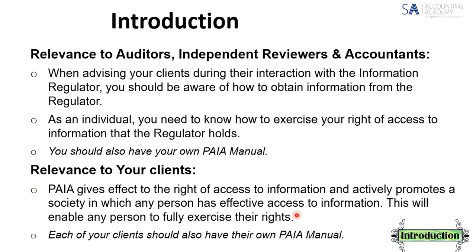So I think if they understand that there is one for the information regulator, they need to know that wherever they need to obtain personal information from, then they need to access a PAIA manual somewhere. If they want information from anybody on a website, they should have a Section 51 manual. You'll also hear people talking about a Section 51 manual instead of a PAIA manual. Right.